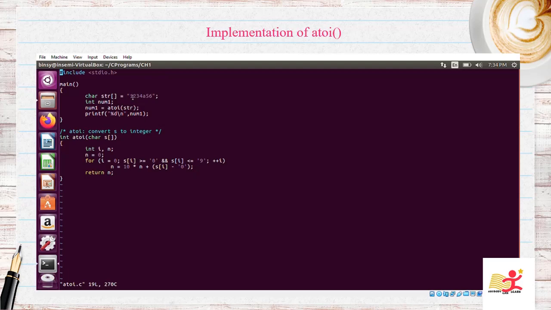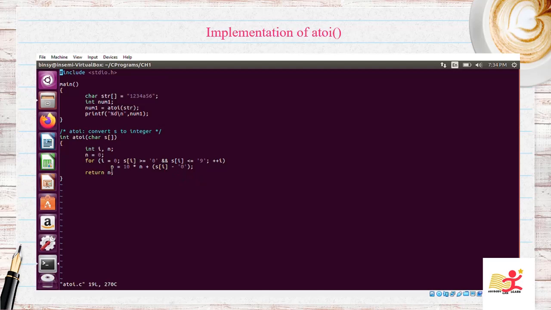To be more clear, let's take the first digit in the string, that is 1. When it enters the for loop, n is 0. So n = 10 * 0 + s[i] - '0'. s[i] will be the ASCII of 1, so when you subtract the ASCII of 0 from the ASCII of 1, you will get the numeric equivalent 1.